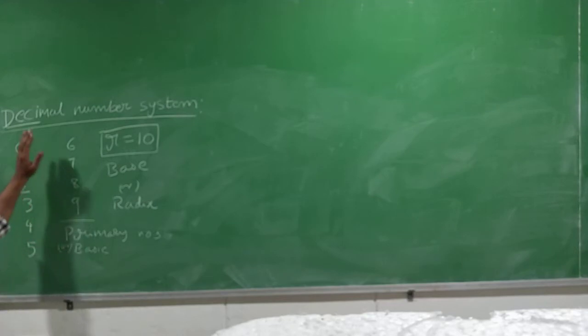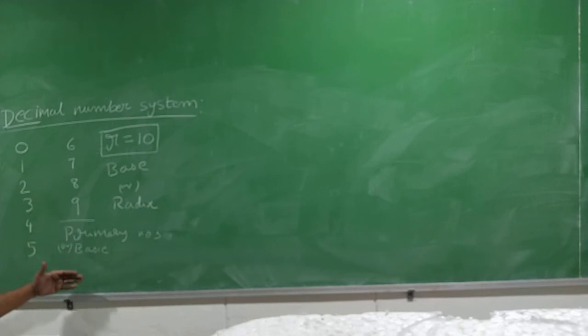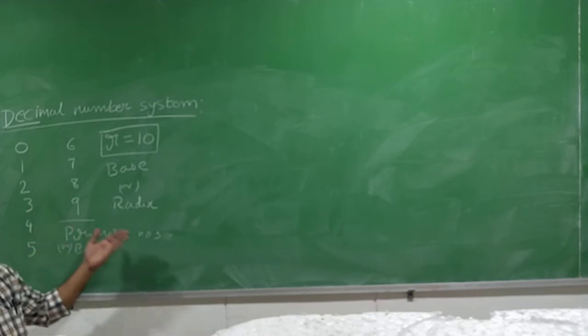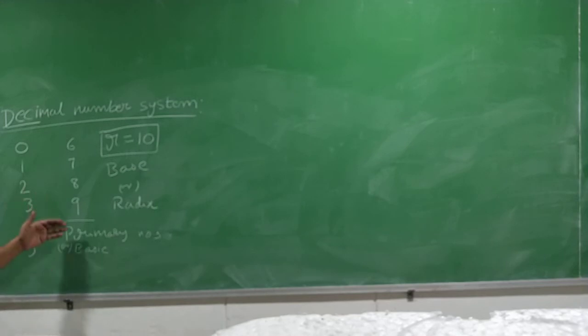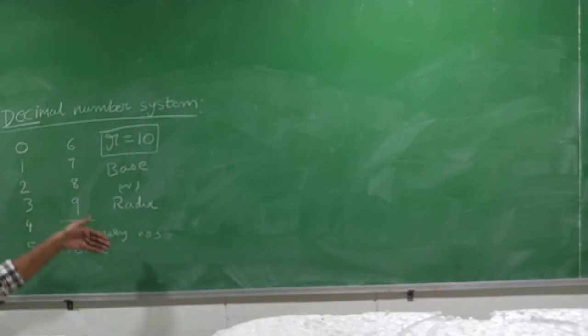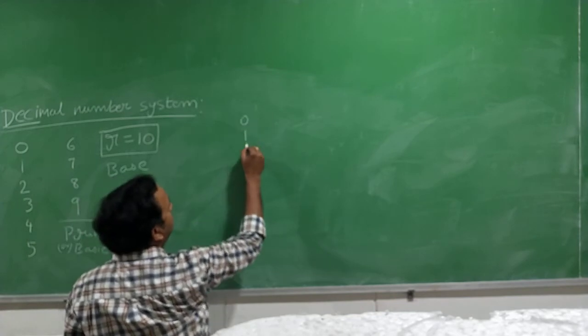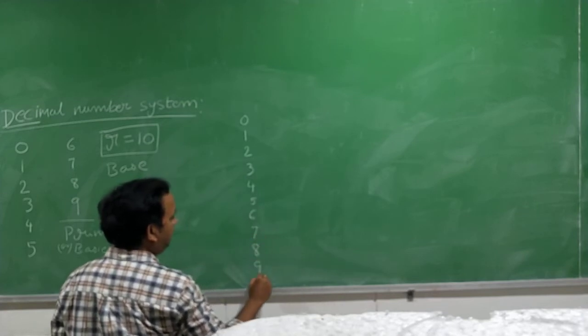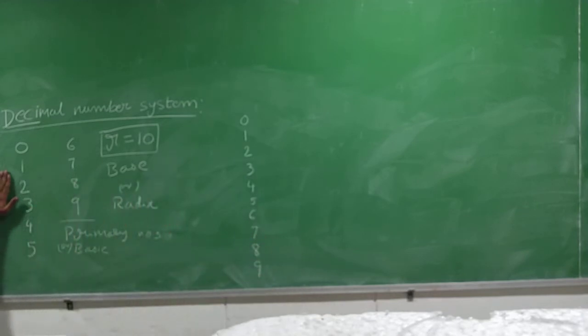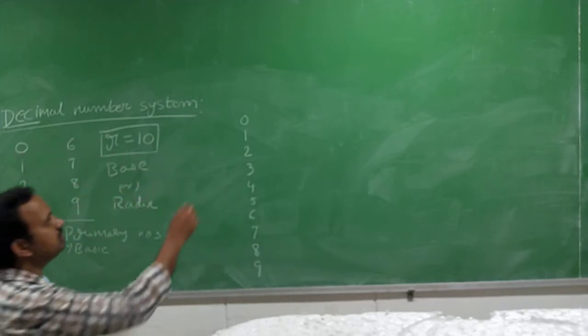Let us assume that we don't know what the number after 9 is. Just assume that in the decimal number system we don't know what number comes after 9. We will derive how the numbers come. In any number system, after the primary sequence, if you want the next number, you need to repeat the sequence: 0, 1, 2, 3, 4, 5, 6, 7, 8, 9. So you are repeating the sequence for the first time, after the primary sequence.